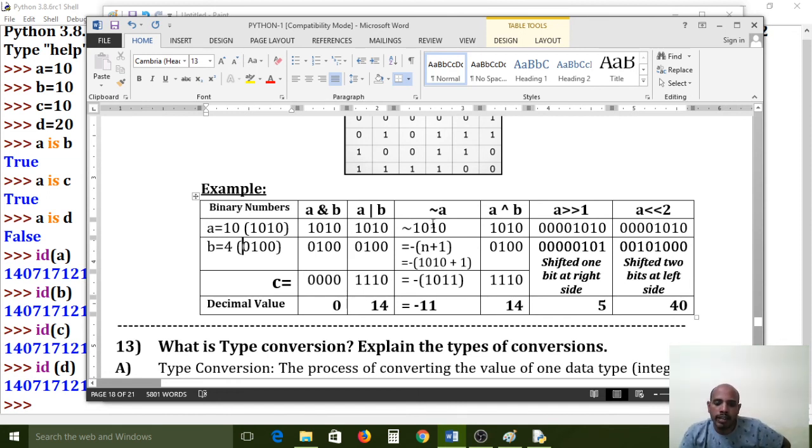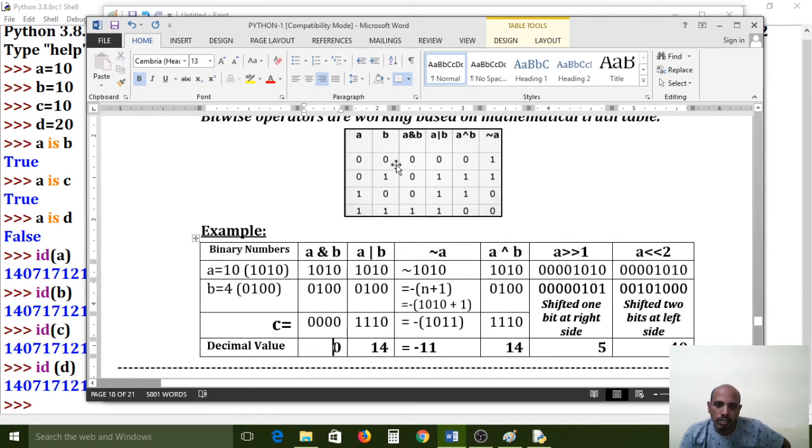And in the negation format, how will it get the result, all of you carefully observe, a and b. A and b means both bits should be same, otherwise it can be false. So now I am comparing a bits and b bits. A binary number is this one and b binary value is this one. 1010 is the A value, 0100 is the B value. Now my expression is what? A and B. 0 0, so false. 1 0 false. 0 1 false. 1 0 false. The result is false. Because of what is the truth table showing? Both bits are same. A and B should be true.